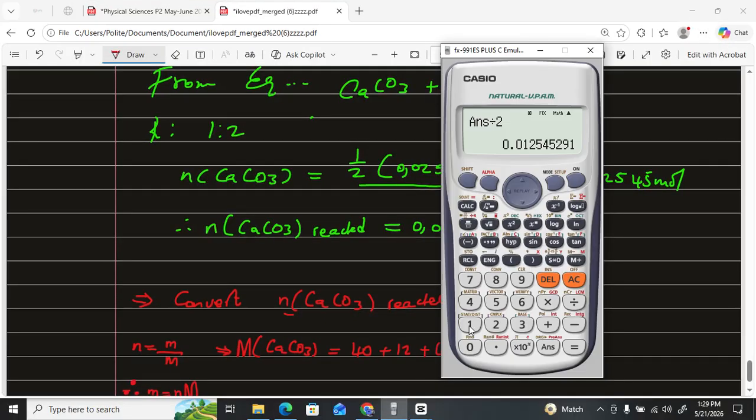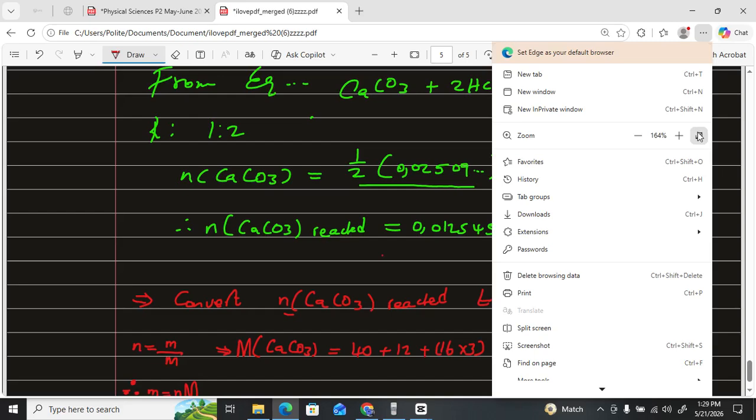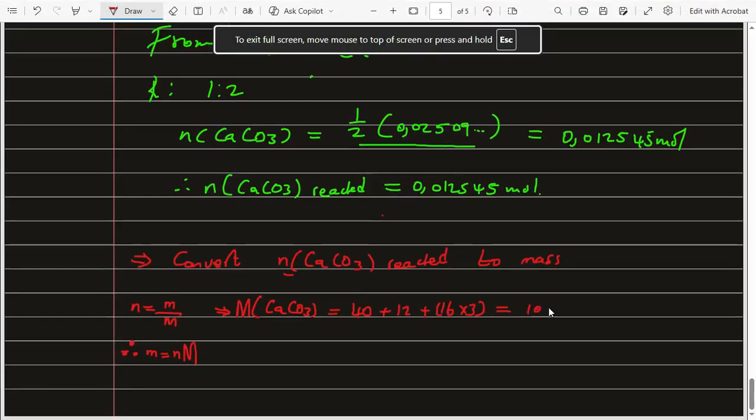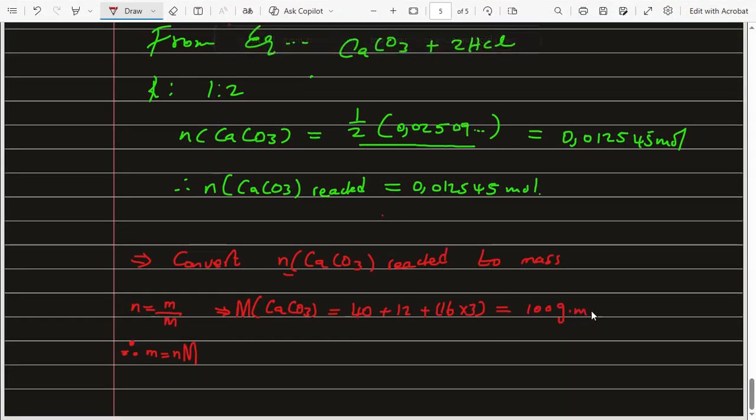What will be the molar mass? So this will be 40 plus 12 plus 16 times 3. Close the bracket. This gives us 100 grams. I'm very sorry about that. Let me just try again. This gives us 100, right? 100 grams per mole. That's the molar mass. So this is 100 grams per mole. So since I have the molar mass, the mass will be the number of moles,